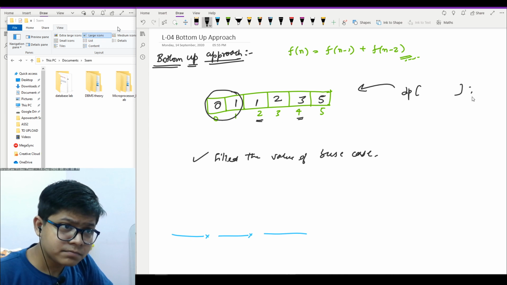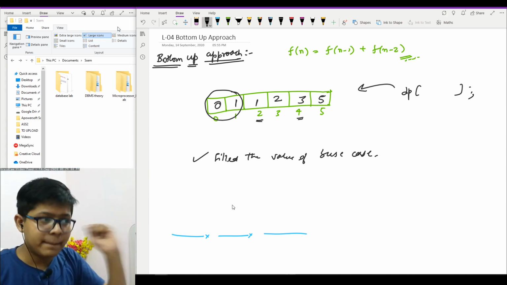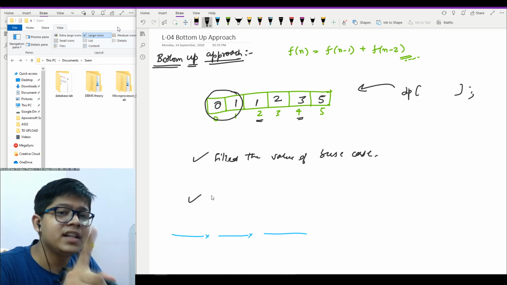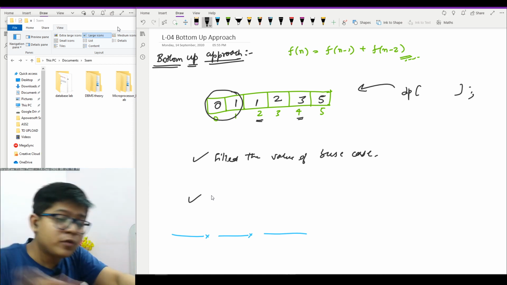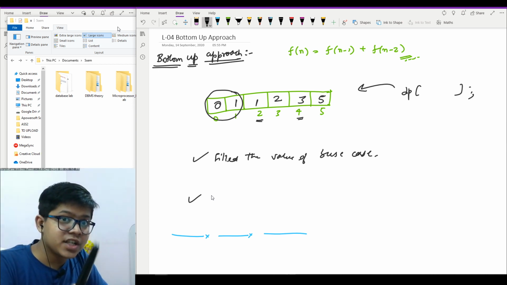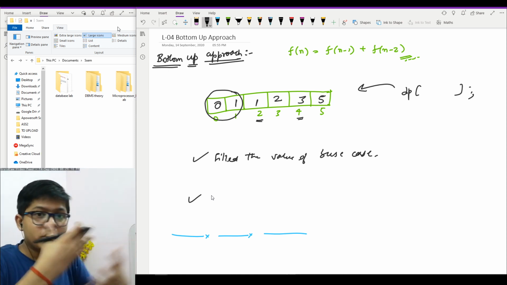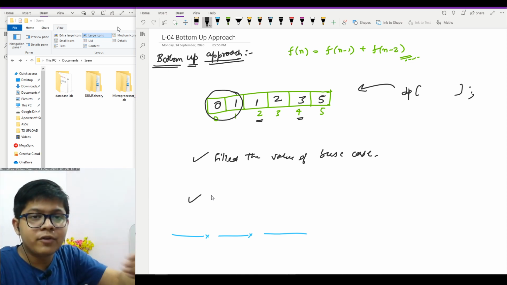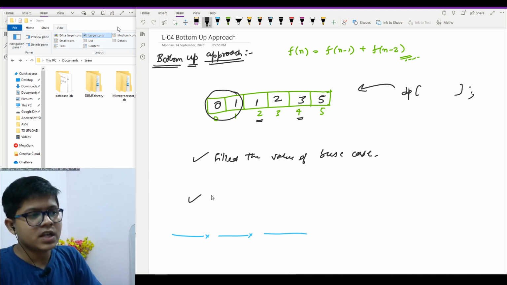I did the same thing as in the last video, but here firstly I filled the base case. Now in the iterative version, you have to fill the base case by yourself. In the recursive function, as you know, the base cases were automatically returned when it reached a base case.